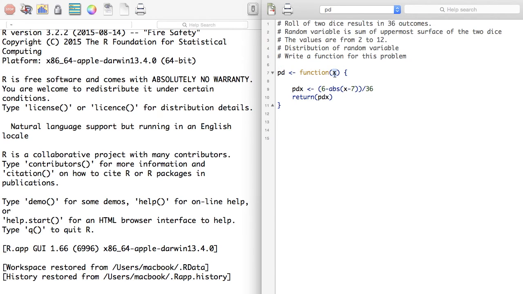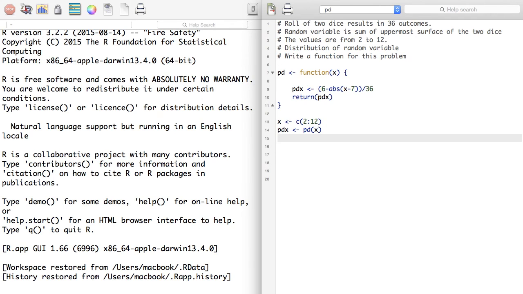This function would take a value of x. Now I would create x. X is 2 to 12, right? Not running any of these commands. Now I thought I give it a name. PDX is another object that I'm creating, which is PD of x. Now this PD of x is PD function, which is written here, and it will take this x. X is 2 to 12. PDX is this object created.